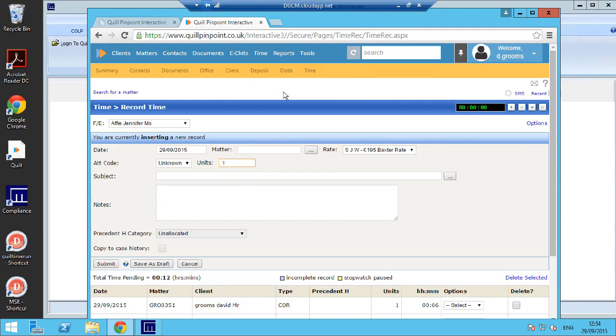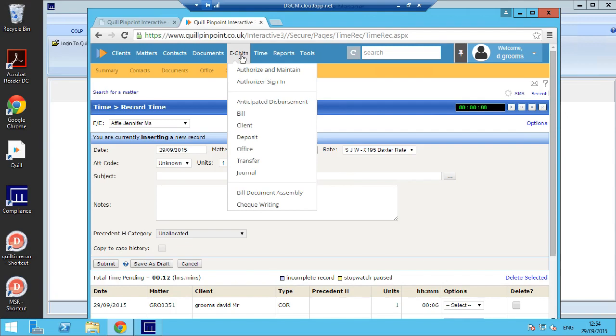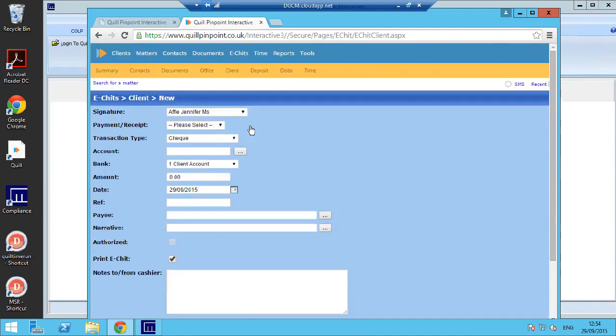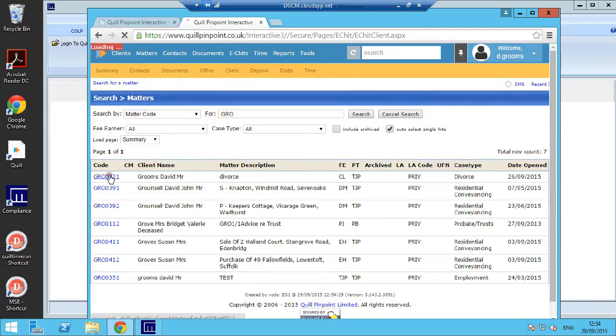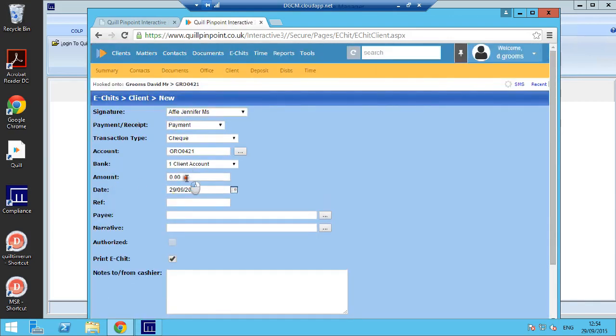The other area that you're going to be using a lot on Quill is e-chits. Now every time we want some financial transaction, we have to produce an e-chit. So here we have a number of different e-chits we can produce. So client, we click on there. This will be the fee earner, and we can then say it's a payment to the client by check. We can then select the account, and again I can put the first part of the name in and search for it. So we select this one here, the amount,